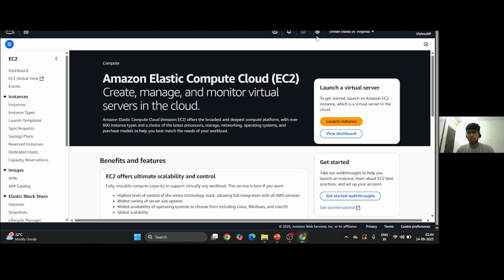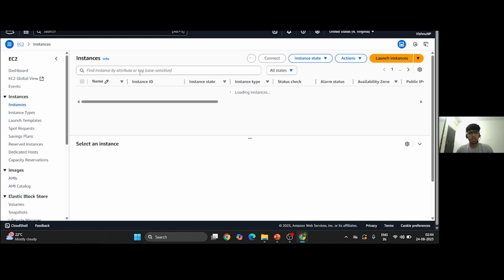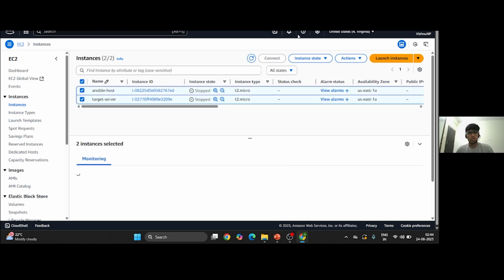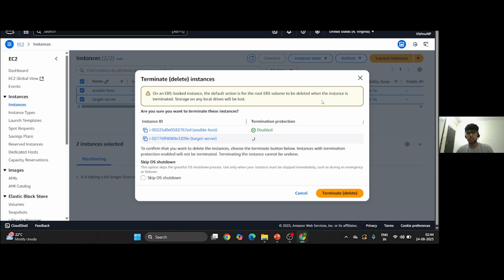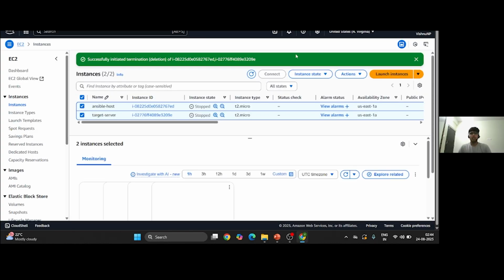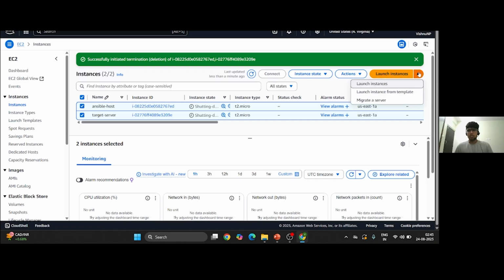So this is the interface. What we see here is the AWS EC2 instance interface. We'll move on to the instances and create. Right now, we'll delete these two instances, where I practiced earlier. It will take a few seconds to delete. Now you can see it's shutting down. So we'll create two servers. One will be the host system. One will be the